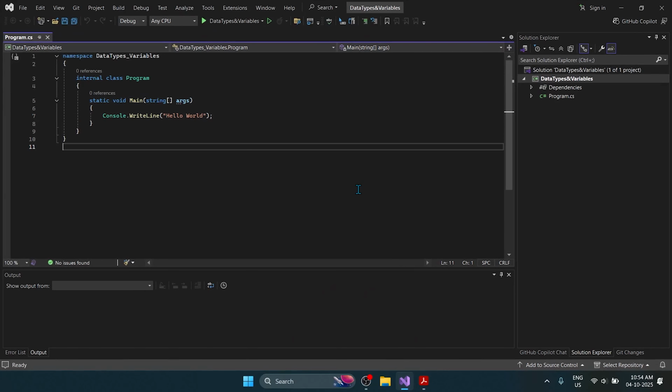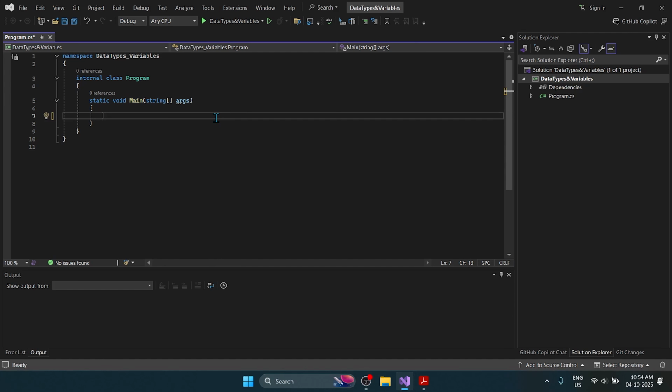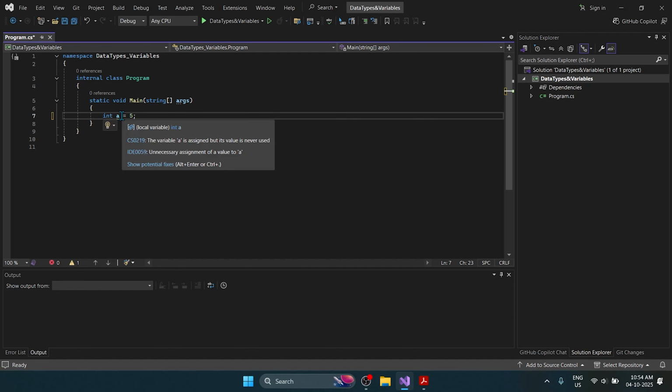Here I have already created a console application. If you don't know how to create a console application, you can refer to the last video on this channel. So let's remove this part of code and we'll see how to declare a variable. For example, I'll declare an int variable, int a is equal to 5. Now here, as you can see, a is a variable. A variable is nothing but a labeled box. Think of it as a labeled box, where a is the label and 5 is the value that is